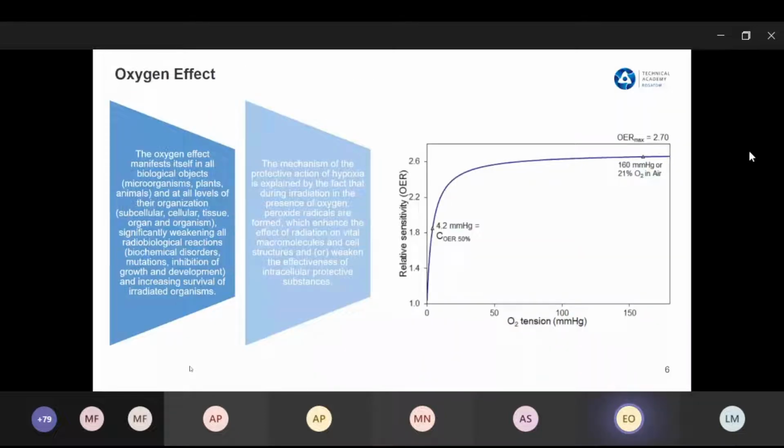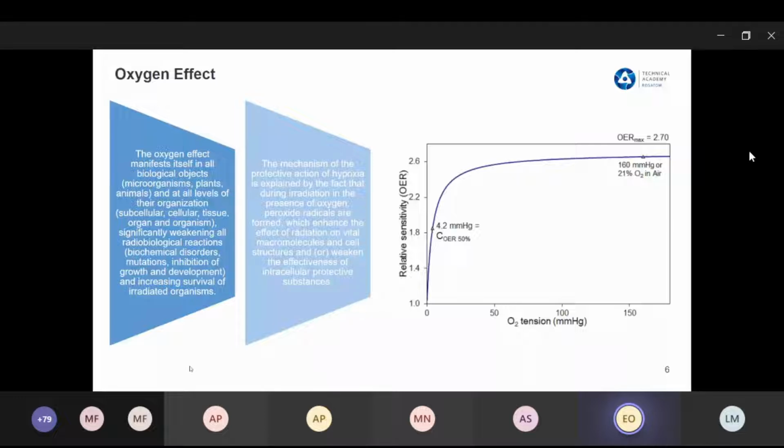Oxygen effect manifests itself in all biological objects: microorganisms, plants, animals, and at all levels of their organization: subcellular, cellular, tissue, organ, and organism, significantly weakening all radiobiological reactions, biochemical disorders, mutations, inhibitions of growth and development, and increasing survival of irradiated